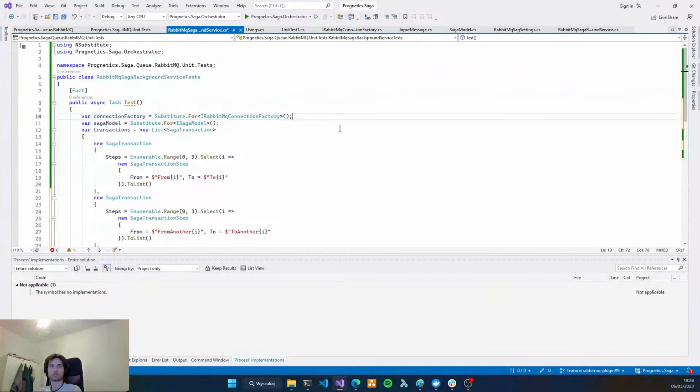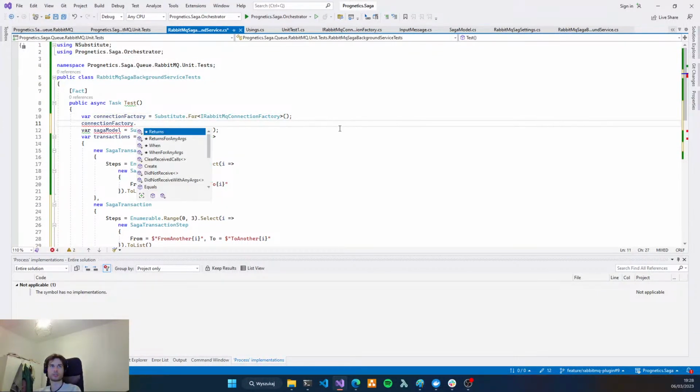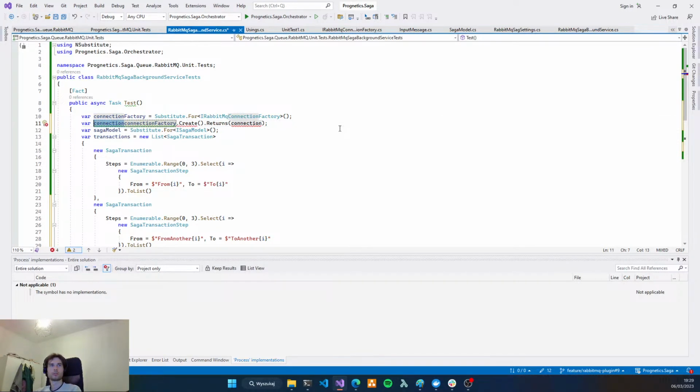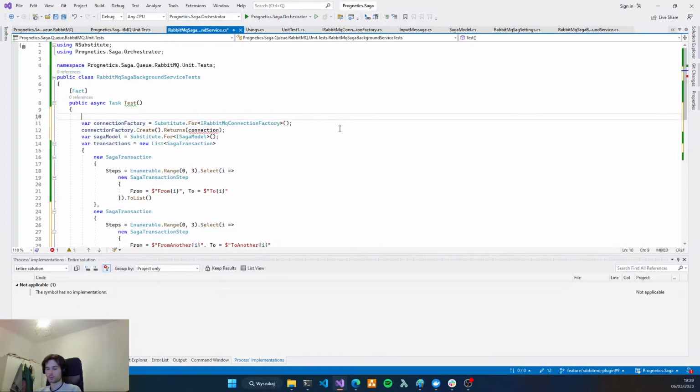So let's check the connection factory. It should return, for create, a connection. And this connection also should be mocked.